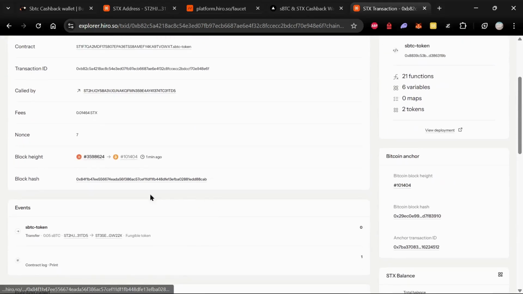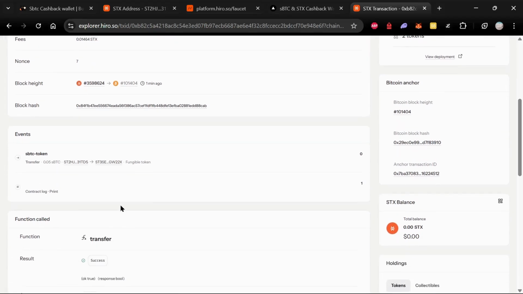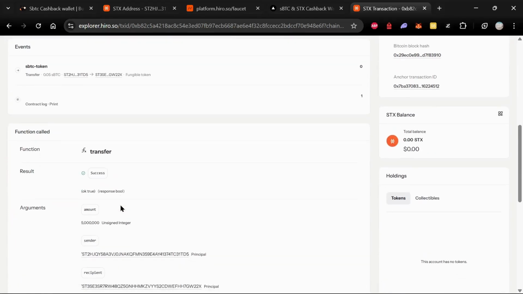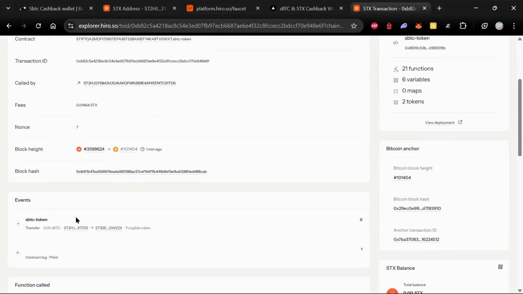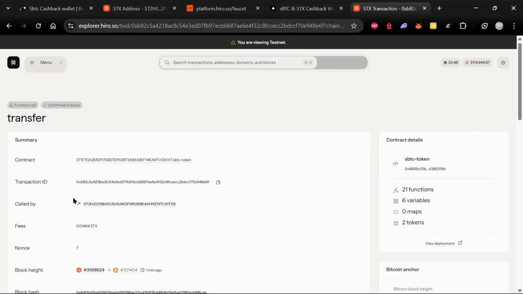Yes. The transfer is successful, but I am not able to show the 1% rebate or cashback,